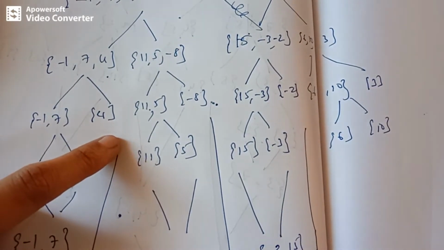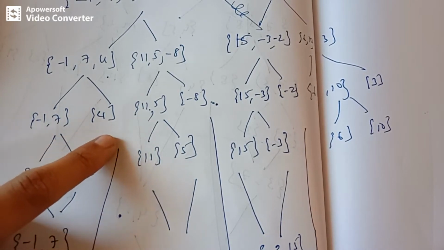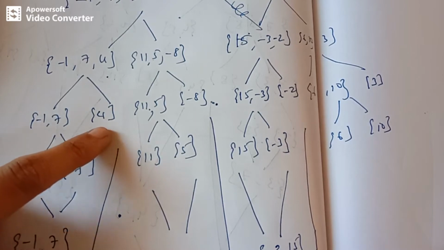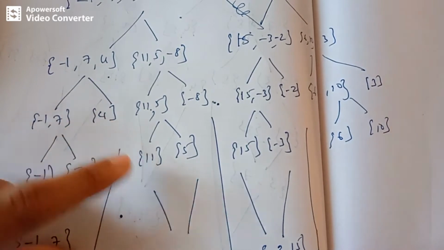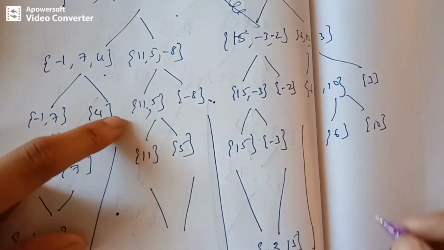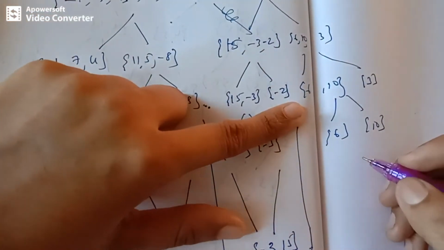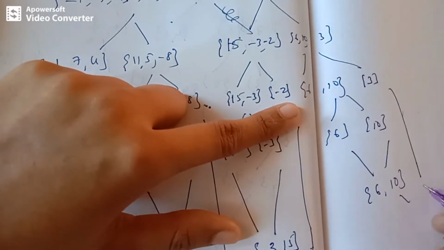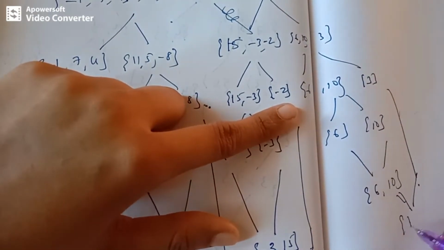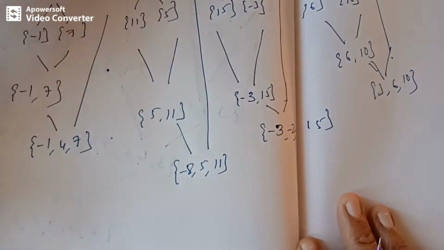So when I combine these two, which is greater or which should be in order? Is minus 3 greater or is minus 2 greater? Which is smaller here? Minus 3 is smaller, right? Minus 2 is larger. So I am combining them. Likewise 6 and 10, and then I am going to take 3. When I take this 3, I will be getting 3, 6 and 10. So this is how it goes.